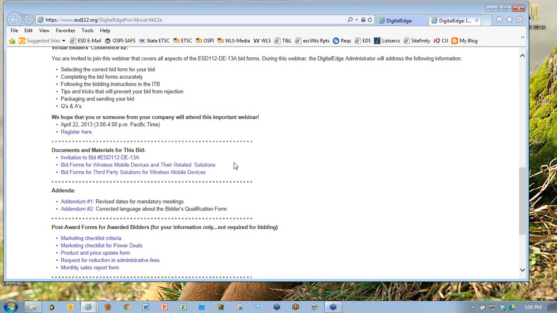It's very important that you select the correct bid form, and what I'm going to do now is tell you how to do that. The first bid form says Bid Forms for Wireless Mobile Devices and Their Related Solutions. That is very specific. That bid form is for bidders that are going to submit bids on the wireless mobile devices themselves